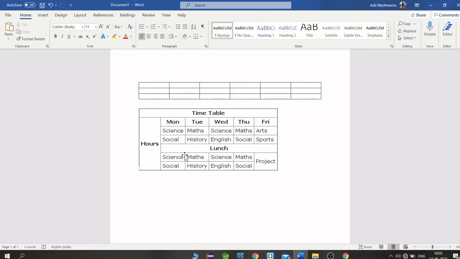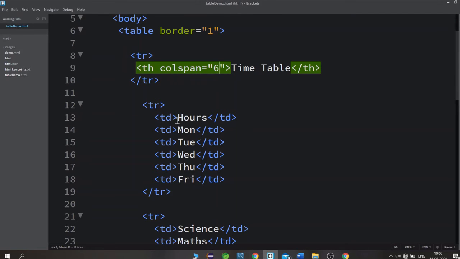Now you can see here the hours are taking the rows. It's taking the 1, 2, 3, 4, 5 and 6 rows. You can see here, it's taking the whole length of 6 rows. So these are the rows. So we need to write row span where the hours is.